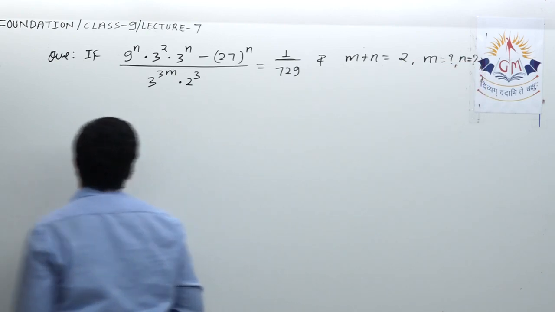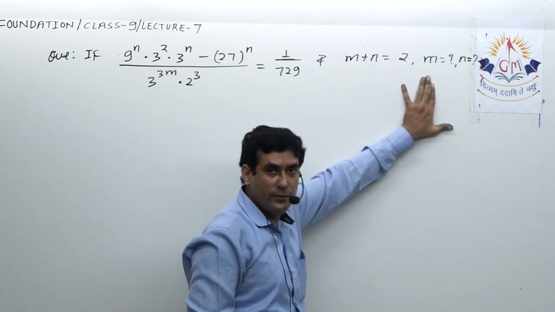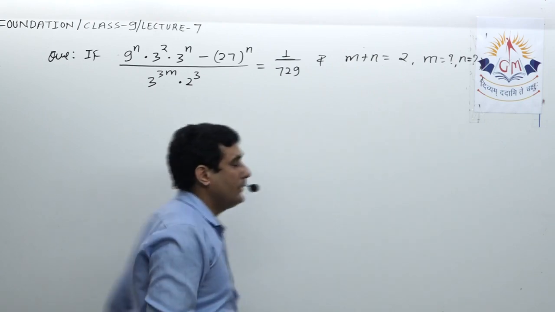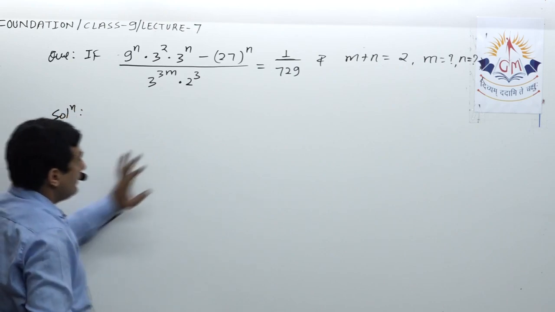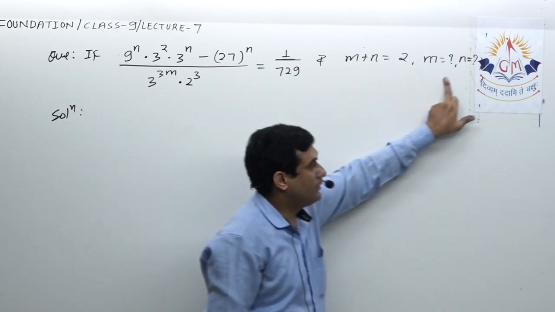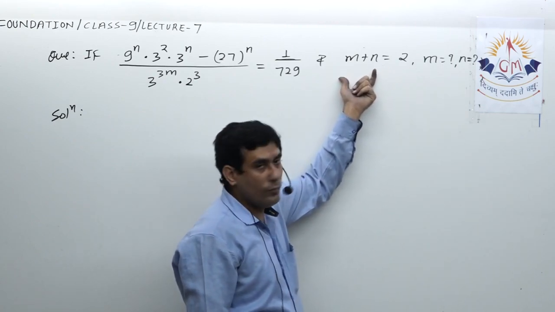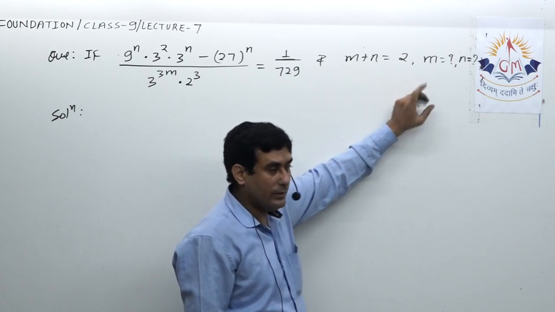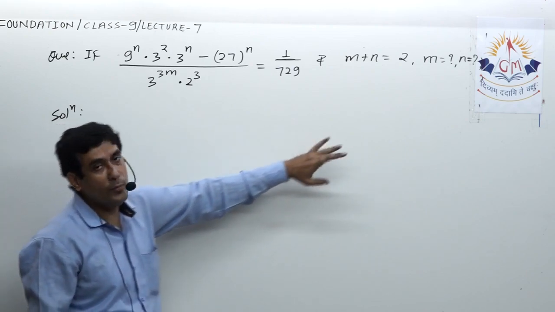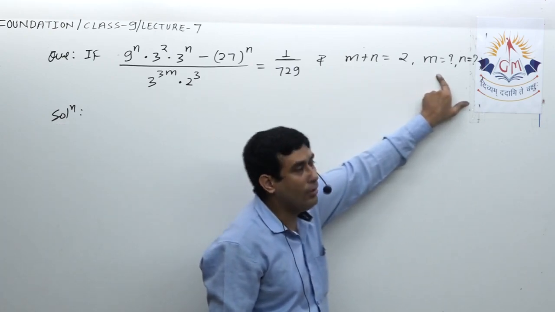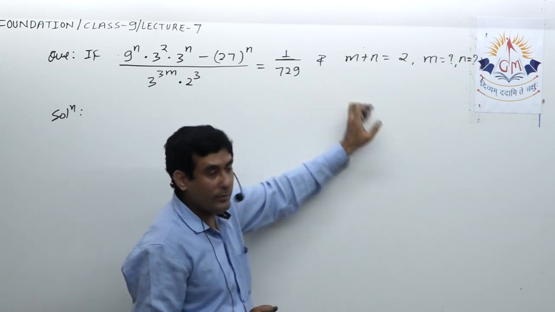Okay, so this expression is given and it is given m plus n equal to 2, so you have to find the value of m and n separately. So let us see how to solve this. Okay, see, one relation, we need two variables. We have to find the value of m as well as n. One equation or one relation between m and n is given. Now we have to obtain one more relation between m and n, and then by solving those two equations we'll be able to get the value of m and n. So our first target is to get that relation between m and n.